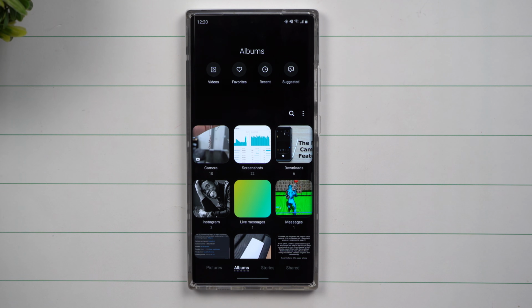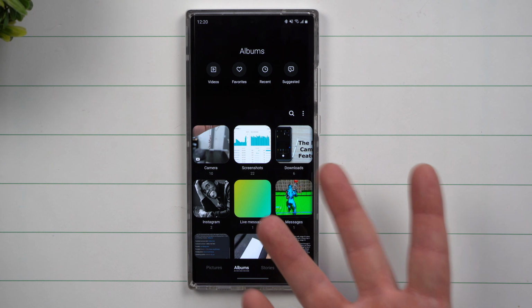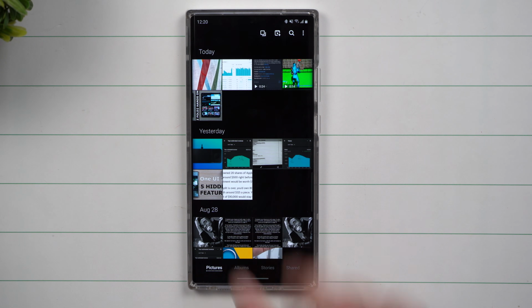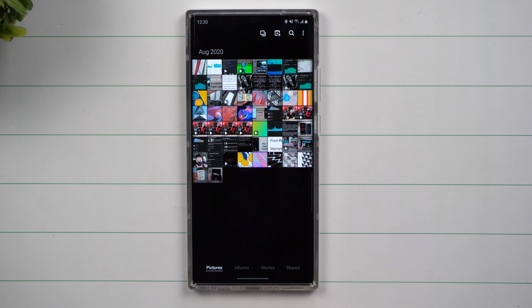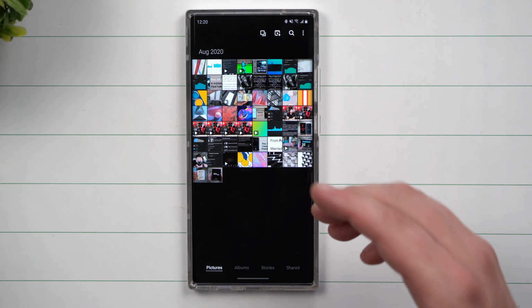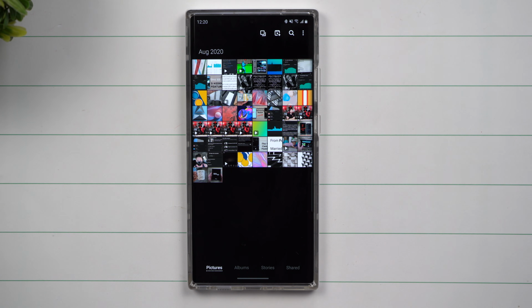You might have known it, you might not have. Maybe you need to take a view of these images and tiles a little bit larger than what you would normally do. But then this one here, you can bring it all the way down just to have a full list of all of your images. And so far, this is all the pictures I've taken on the Galaxy Note 20 Ultra.